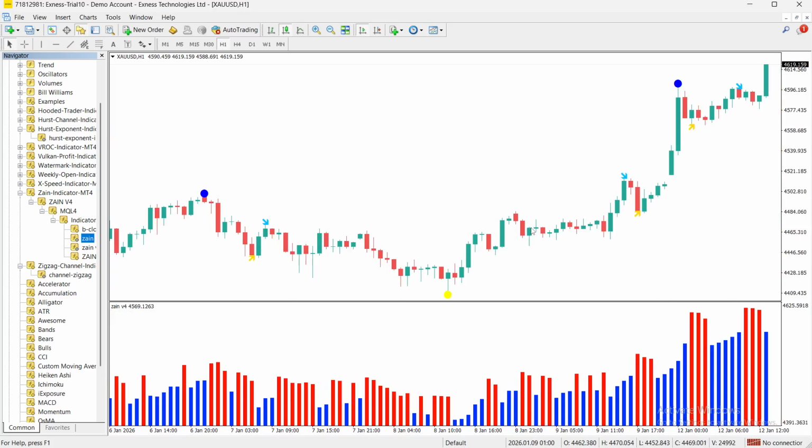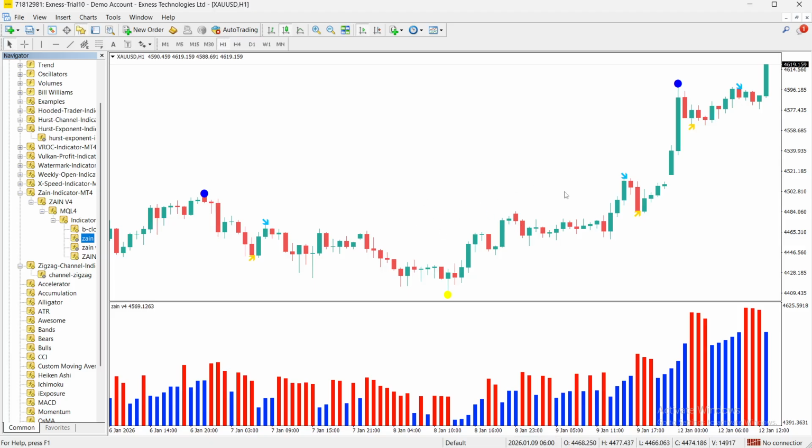trading strategies are described. The Zain indicator is a trading tool widely used in binary options and forex trading, known for its ability to identify strong price direction based on support and resistance points. It is designed to display information about these critical zones on the charts, enabling traders to make informed decisions when trading a currency pair by showing dots at probable support and resistance levels with confirmation arrows pointing in the trend